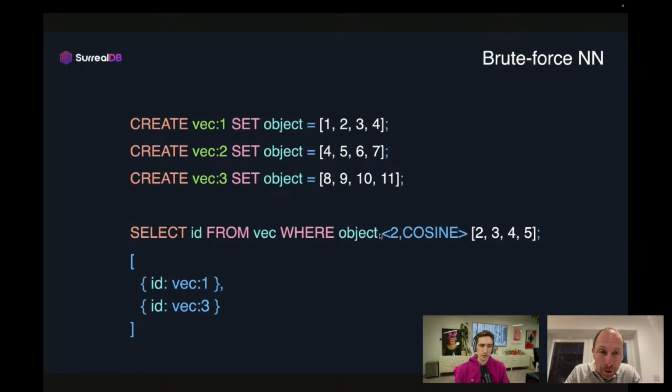So you have the KNN operator, which is this one, with the number of records you want to get, and which distance you want to apply, which can be one of the 10 that we saw previously. So in this case, we use cosine. We give the reference vector, and we get as a result the records that are closest to this vector.